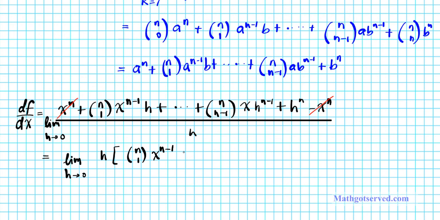This h got factored out already, plus, let's just add on the next term. The next term is going to be n choose 2, times x^(n-2), h. It's supposed to be h squared, but if we factor out an h, we're going to be left with h to the first power there, plus dot dot dot, plus